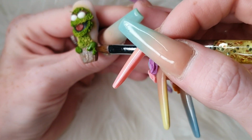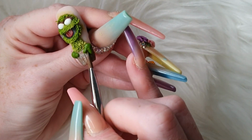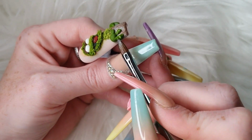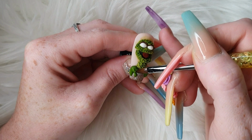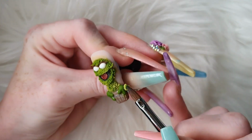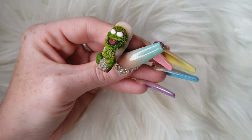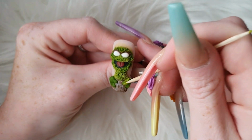Oh, going out of focus there. These hands haven't got to be perfect because you are going to come in and make him look all scruffy. And when you look at pictures of Grouch, he is a bit scruffy anyway, so it'll add to the effect. There we go. Here's the second big bead. So just cover it and yeah, poke again. Don't know how many times I've said that through this video, but